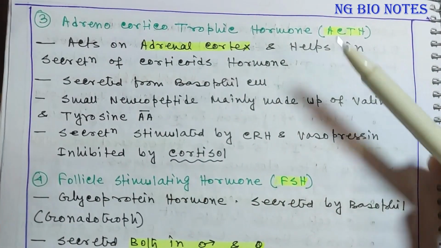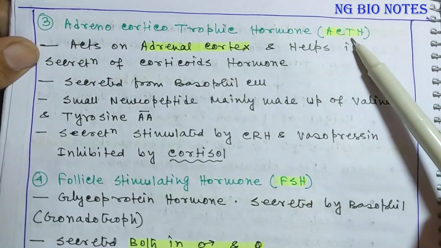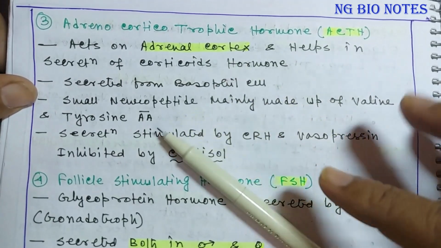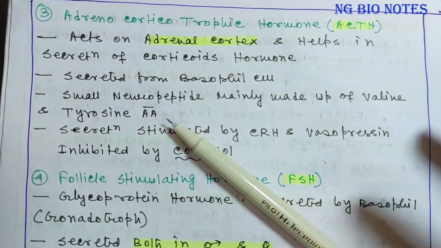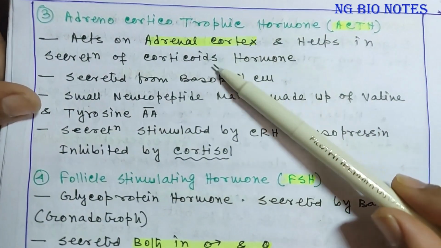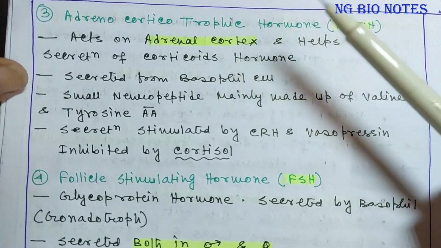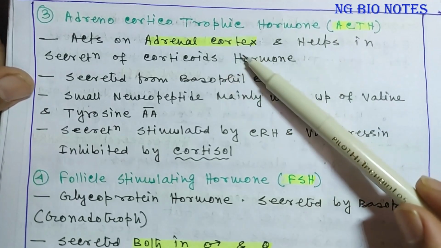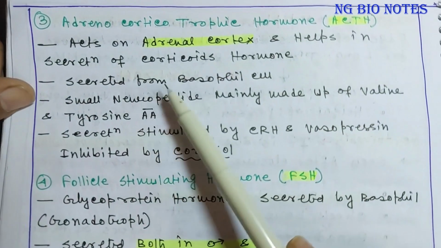Now the third type of trophic hormone which is secreted from the adenohypophysis is adrenocorticotropic hormone, and this acts on the adrenal cortex. You know the adrenal gland has two regions, one is the cortex and another is the medulla. So the outer region is the adrenal cortex, and this cortex secretes different types of hormones like glucocorticoid, sex corticoid, mineralocorticoid. So this adrenocorticotropic hormone acts on the adrenal cortex and helps in secretion of corticoid hormones,